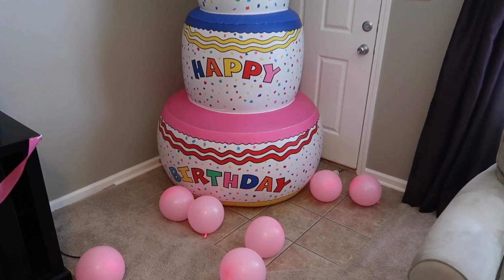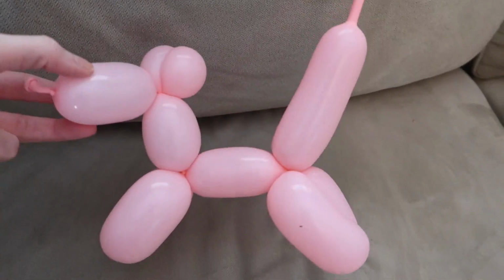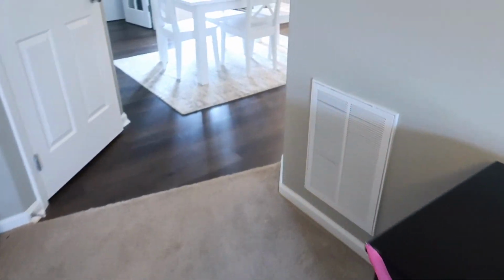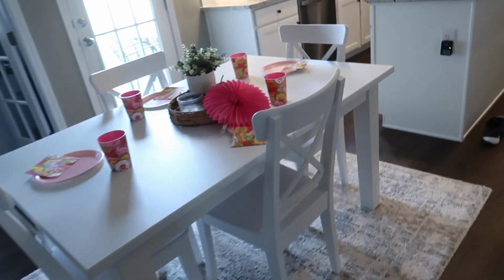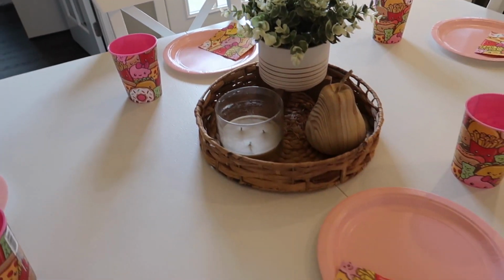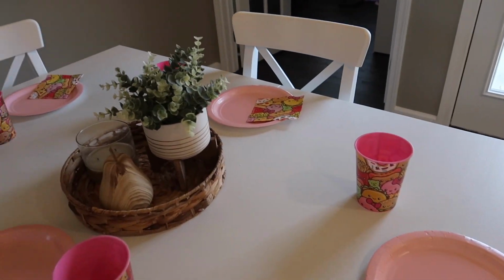So it is really big. And my oldest daughter last night made some little balloon dogs. And then we also got, well, this thing fell down. It won't stay up. We had that hanging up, or she'd had it hanging up. My oldest daughter kind of decorated last night. But